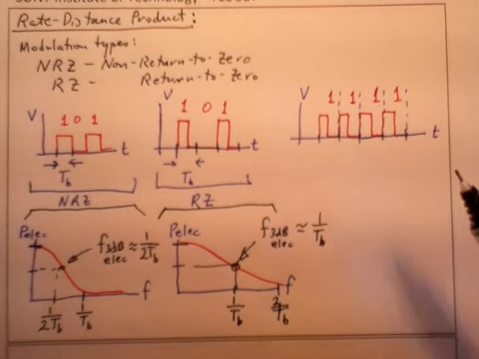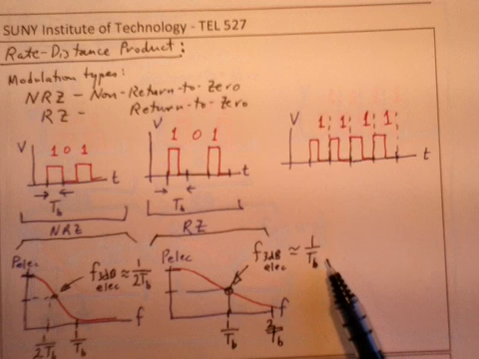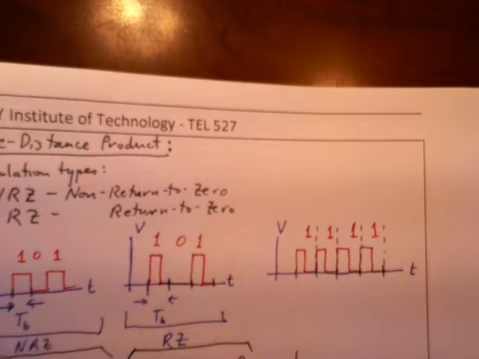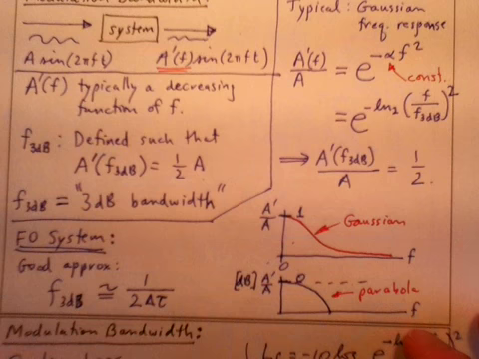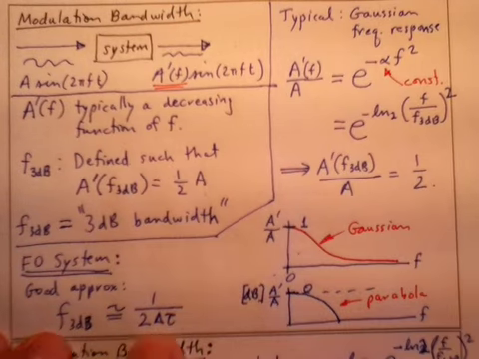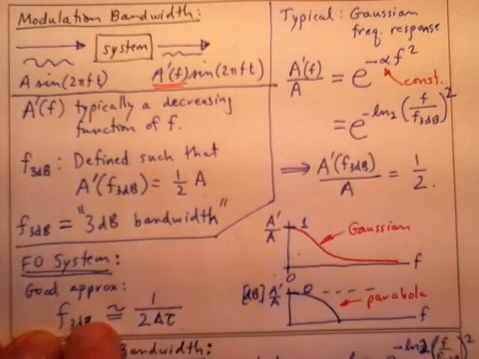Okay, and so these two equations are going to be where we start on the next slide. What we're going to do is start with the equation that I showed earlier, a couple of slides ago. Here it is. I said that for a fiber optic system, if you recall this slide, the 3 dB optical bandwidth is,